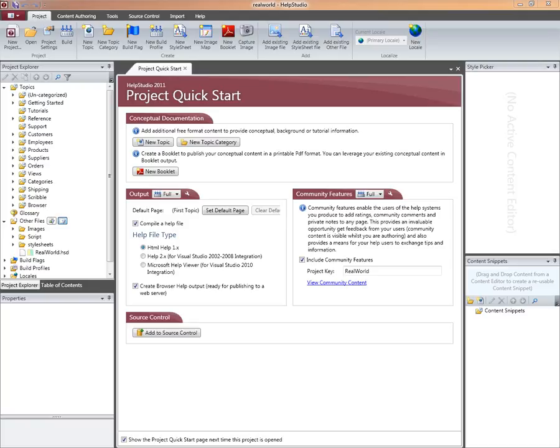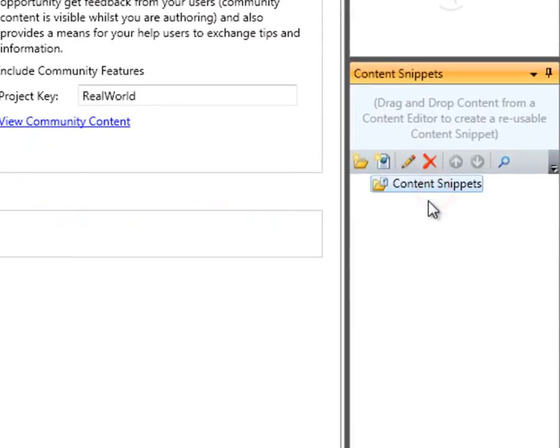This video will demonstrate how you can use content snippets to minimize duplication within your project by creating reusable chunks of content that you can then insert in multiple topics. So I'm going to start from the point of view of a project that doesn't yet make use of content snippets. So I've got an empty content snippets tree in the right hand corner of my application window here, and